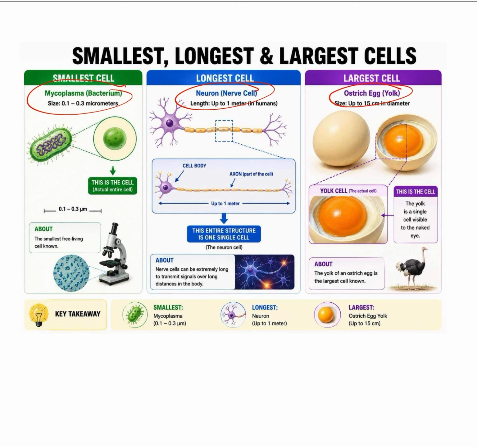But sir, you have said that we cannot see the cell. Yes, you cannot see the normal cell, which is less than 0.1 millimeter in size. But some of them are exceptions, like the neuron cell. It can be up to 1 meter, right? So obviously you can see it.